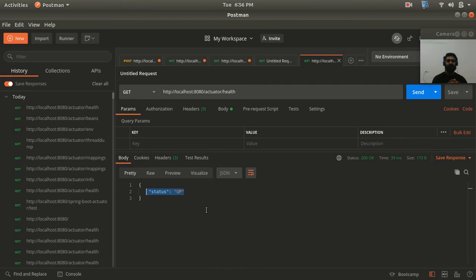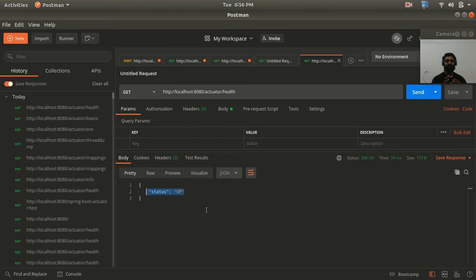So let's say that I want to create my own customized health metric to get customized information. Like guys, I want to check the internet connection of my local machine. So now I will implement one customized health metric, in which I will show the information of my Wi-Fi.